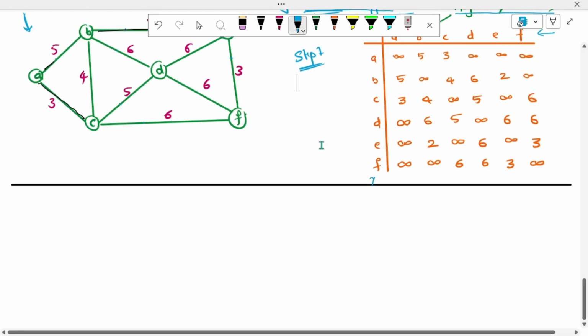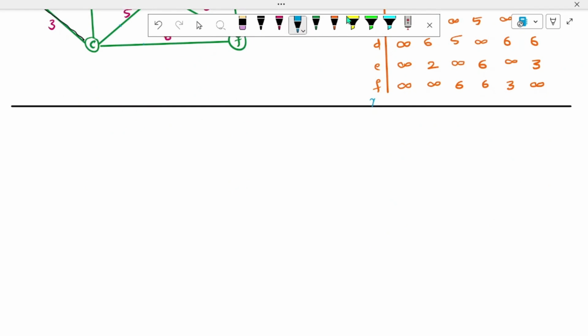Okay, now we'll go to the next step, that is step 2. This is the most important step. Let me write the table. Writing a table will be a more organized way of solving this question. Let me write the steps. The first line will have steps, visited vertices, and then unvisited vertices, minimum edge, from,